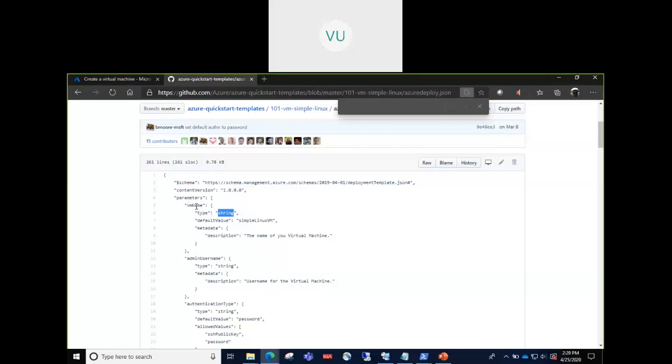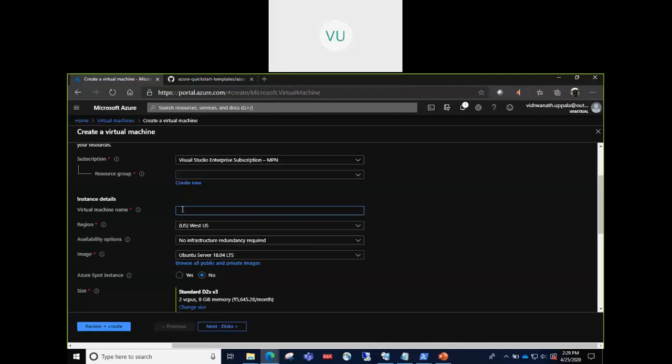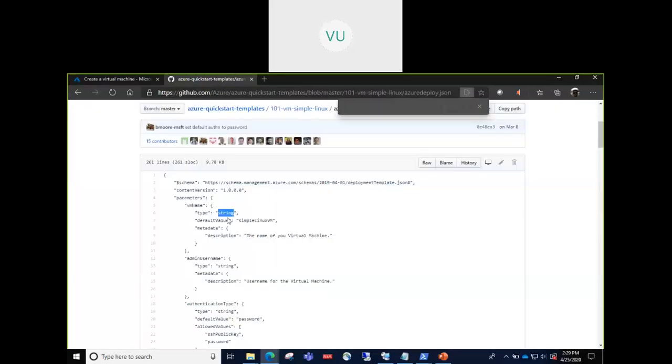Then what type that parameter is. So ideally VM name would be a string, so you provide that as a string. Then default value. When you deploy this ARM template, it will ask you for these parameter values.